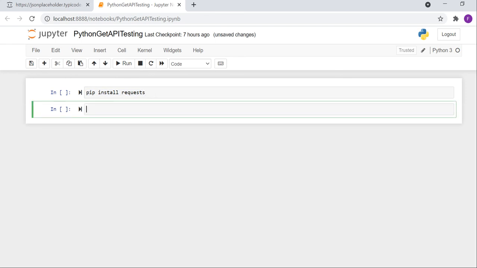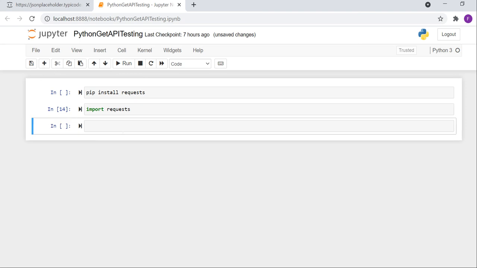The next step after the installation is to import this library. Once the import is done, in the next step you will use the function requests.get. Get is the function which is used to call the GET APIs, and here you can pass the URL of that particular request.